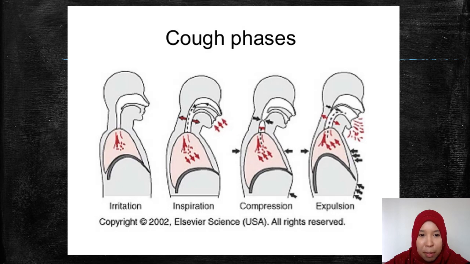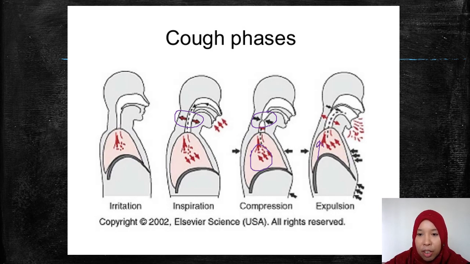As you inspire, the glottis will stay open. After a while, the glottis starts to close slowly, and this will lead to a build-up of pressure inside. As the pressure increases slowly, and finally, when the pressure is really high,